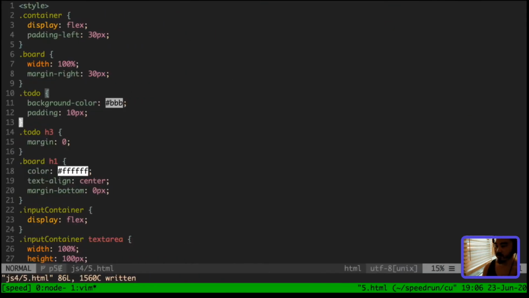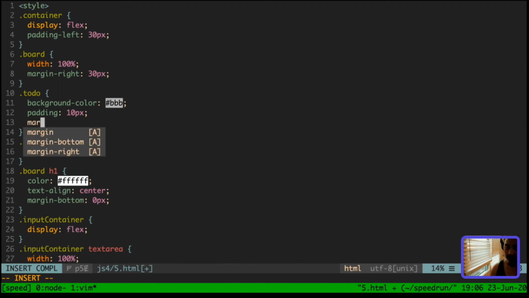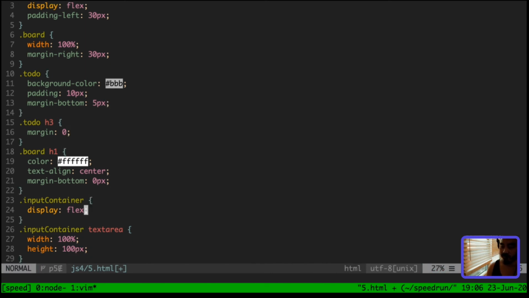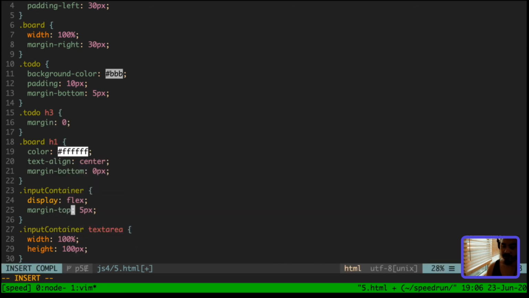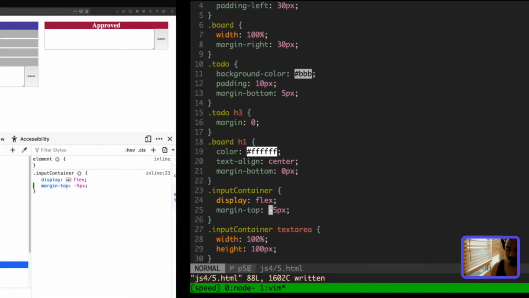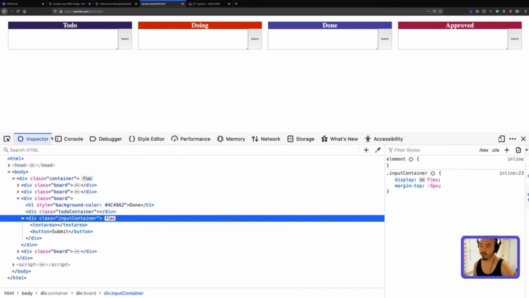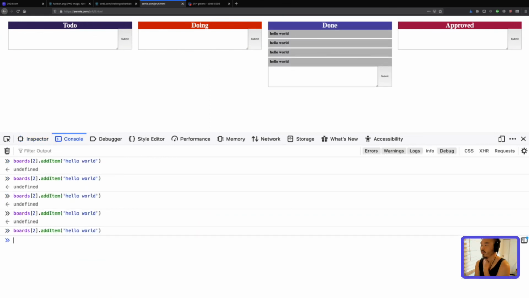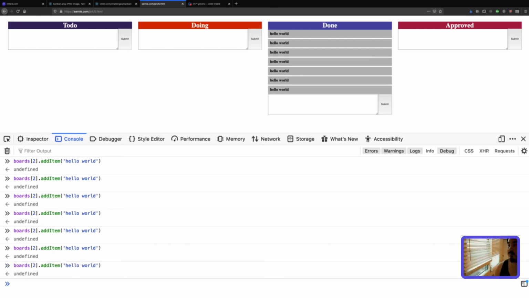So the to do has a margin bottom of 5 pixels, and then the input container has a margin top of -5 pixels. Ooh, so beautiful. Cool. So this is good, but the problem is this should have a lot of things like